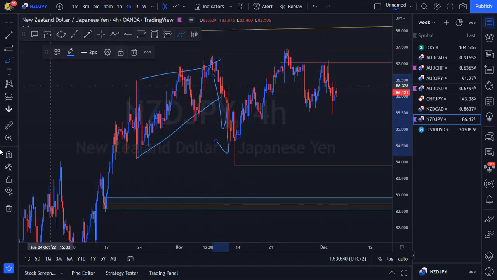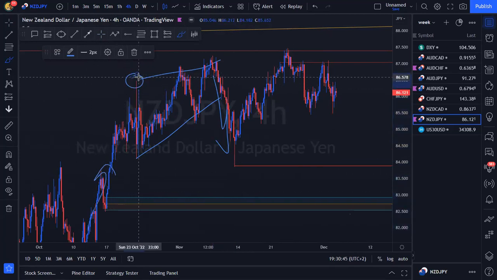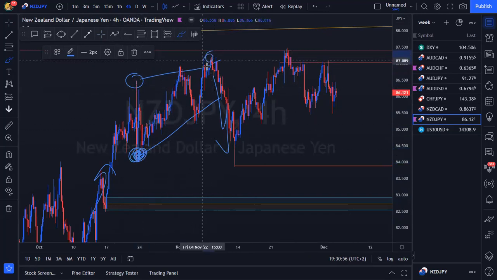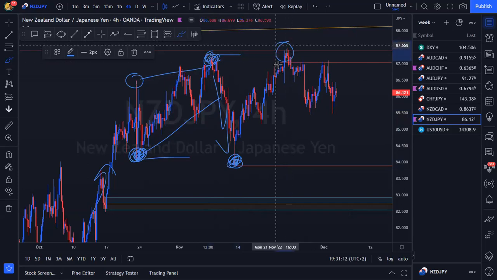So if we look at the structure, price came from the bottom. We created resistance ever since we created this high. This was the most recent extreme low that we created, an important low. After we created this low, where's the highest high inside of all of this nonsense? It's this high. So now I know I've got an extreme low and an extreme high. After I had this extreme low, where's my next low? It's this low over here. Price action gave me this new low. After this new low was created, where's the next high? Price broke above this resistance and gave me a new high.